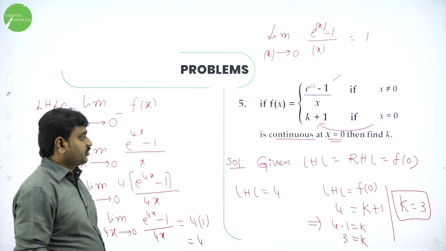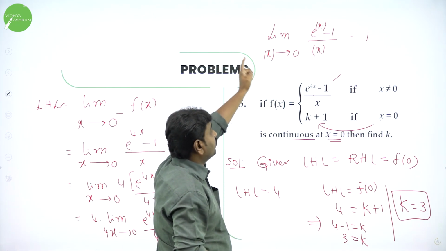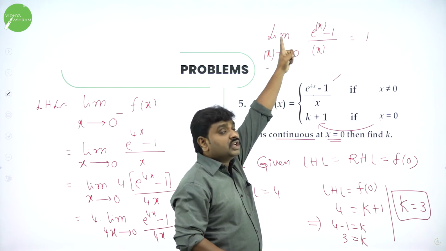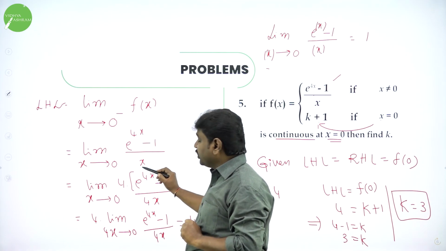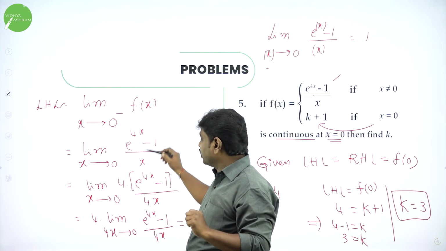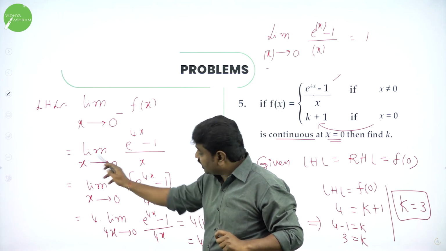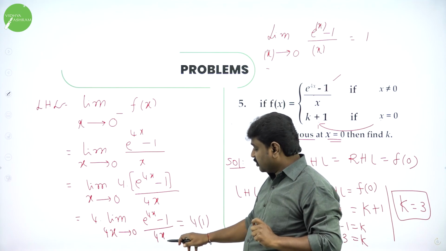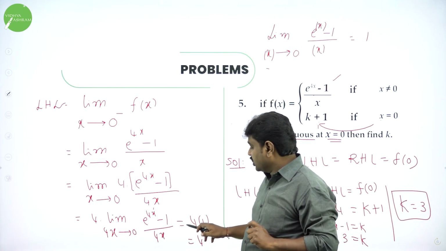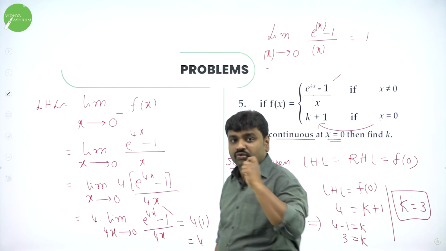I hope all of you got this. They told it is continuous at x equal to 0. We found out LHL. To find LHL, one of the important formulas, limit x tends to 0, e power x minus 1 by x is what? 1. Means e power and denominator should be same. Power is 4x. So here 4 is missing. Divide and multiply by 4. This 4 is constant. Take it outside. Now it will be in the form e power x minus 1 by x form. So these are the same. So answer for this after you apply limit is 1 by theorem. So 4 into 1 becomes what? 4.